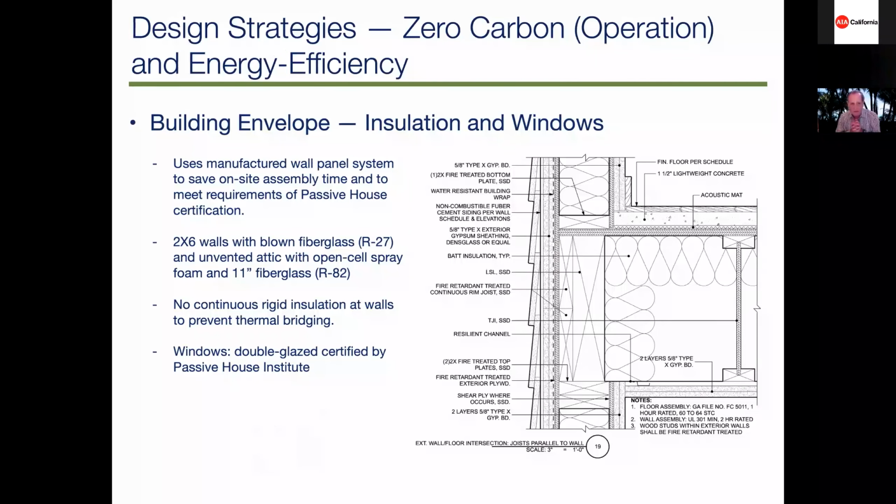So again, touching on the design strategies with zero carbon energy efficiency. This developer was fascinated with the idea of using manufactured wall panels. He thought the quality control in a factory is better than building on site piece by piece. And he could control a lot of the insulation, air tightness, and so on by having it built off site. He contracted to have these panels made in Oregon, and they were trucked down